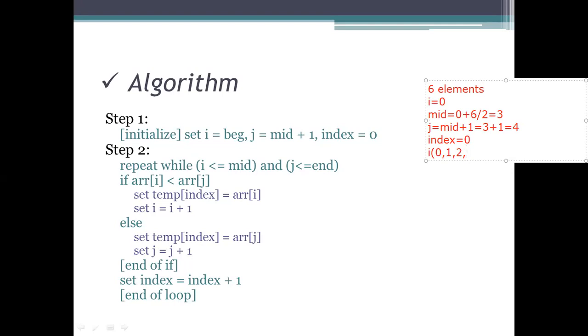So less than or equal to mid here, take the mid value into consideration. If you are not taking the mid value, just see what happens here. From where it is starting, j is equal to mid plus 1, which is 4: 4 comma 5, and then 6. Sorry, 4 comma 5.